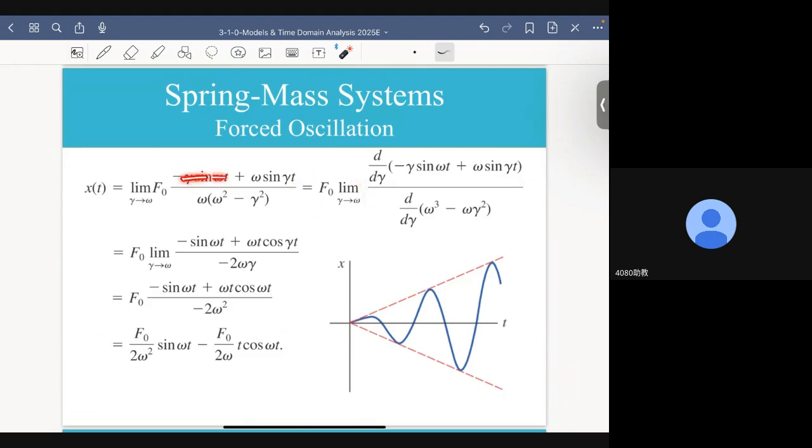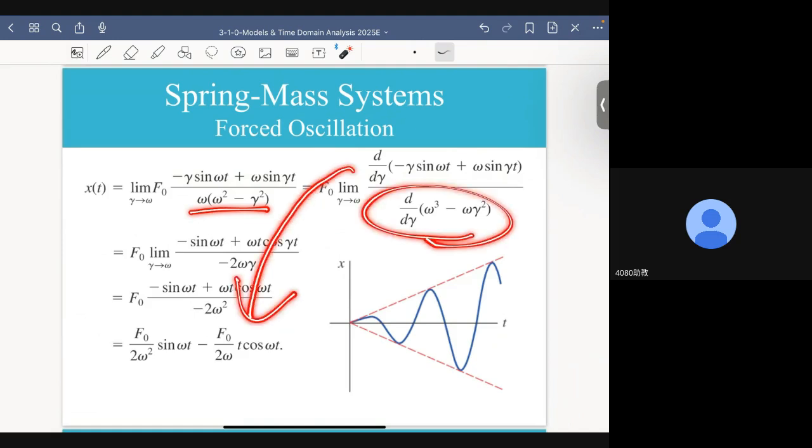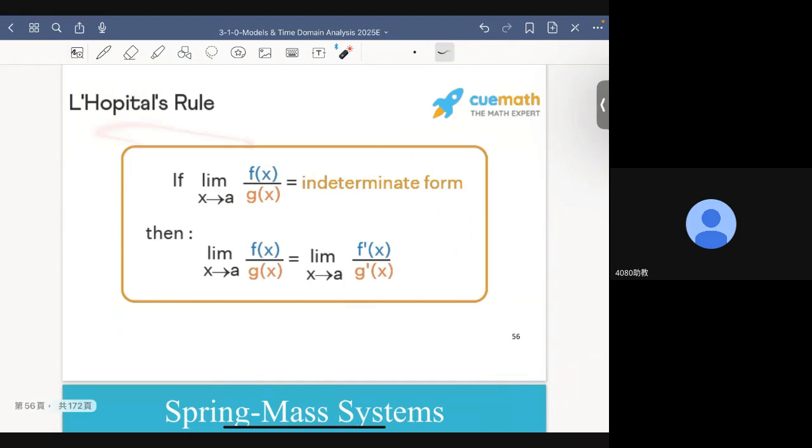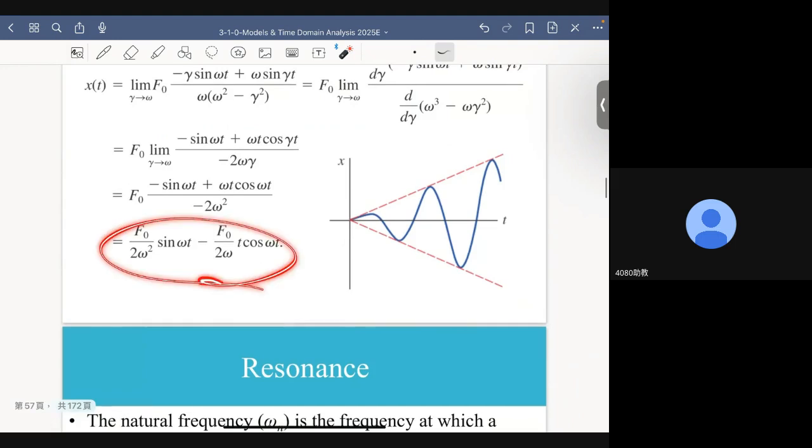Take the derivative of the numerator and take the derivative of the denominator. And after going through all the necessary algebra, I won't go through the algebra step by step. You go through the algebra by yourself, okay? But even if you don't, I think it is still okay. The reason why I want to mention this particular mathematical technique is I don't want you to know this result as a black box result. You don't know what's happening. I just give you a result, and I don't tell you.